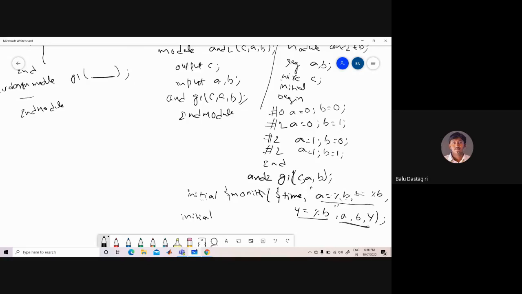next we have to give the simulation time. Okay, so #20 $finish, end module.